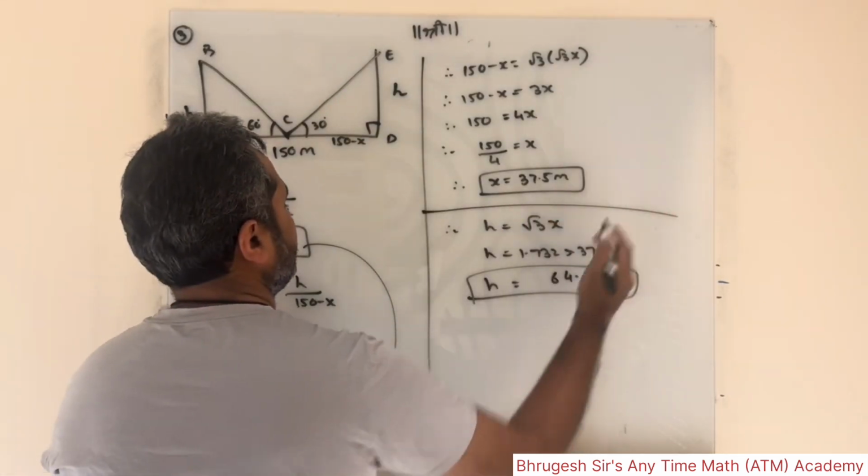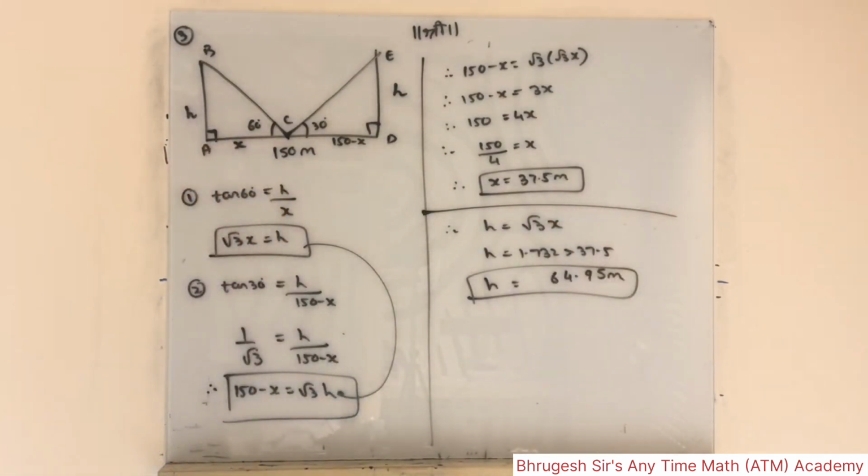Height and the point at which the angle of elevation was there. Okay. Both हम लोगों ने ढूंढा बेटा. x भी ढूंढा और हम लोगों ने height of the pillar भी ढूंढा. Height of the pillar 64.95 and the position of the point is 37.5 from a particular point A. Are you with me बेटा? Question number 3 भी समझ में आया? Okay. So please pause this video. एक बार फिर से वॉच करो कैसे मैंने सॉल्व किया and then try to solve on your own.